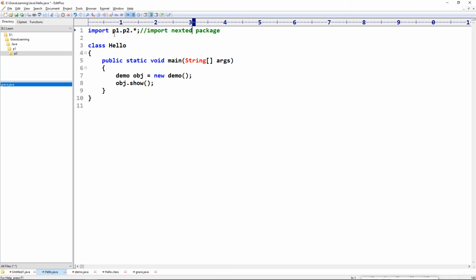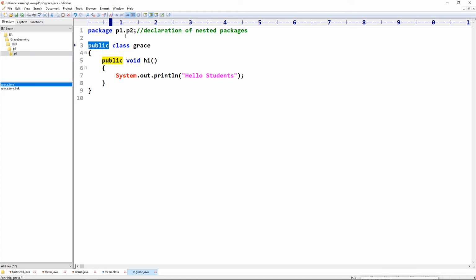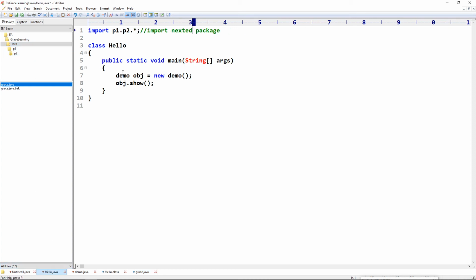So it will directly import p1.p2, and it is a nested package. So we can directly create object of Grace from the hello.java. Now we will create object for Grace, and we will call the method.